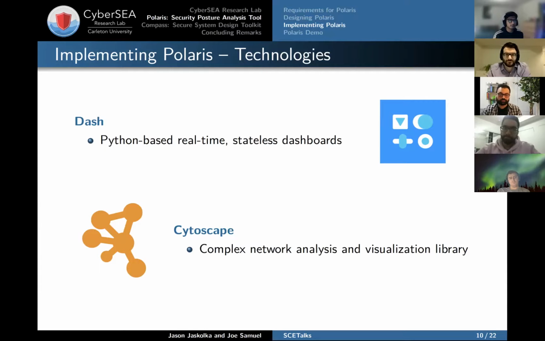This was a little bit of a challenge because it comes with its own learning curve, and I was not familiar with Dash, and it has its own way of doing things. But again, the decision was made to go this way because it had a lot of the core building blocks that we could then use to put together things very quickly.